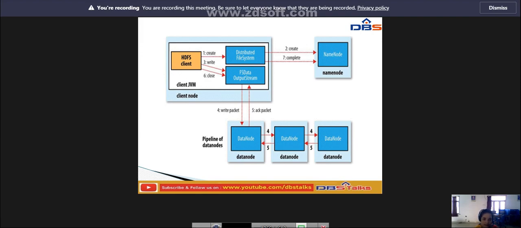Then the client writes the data to the FSDataOutputStream. Whatever the information is, the locations will be stored by the data nodes.